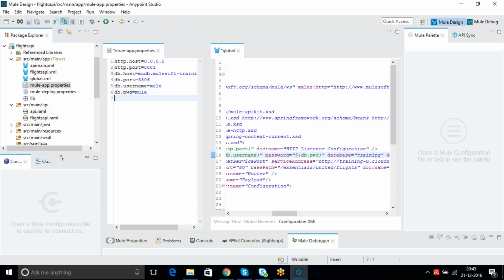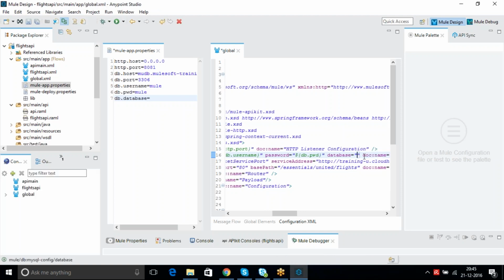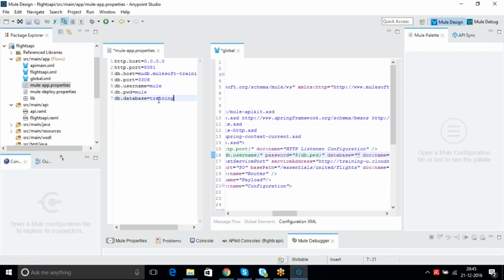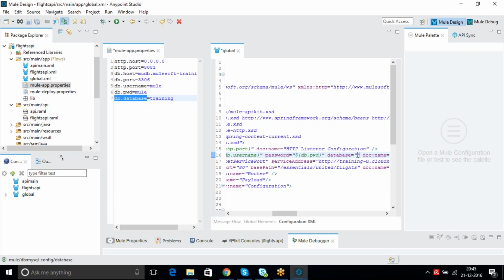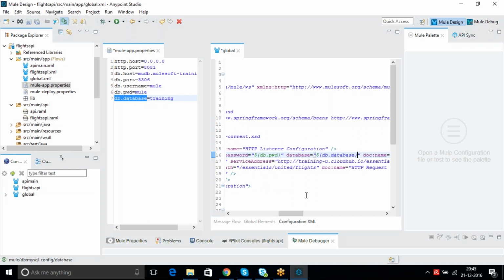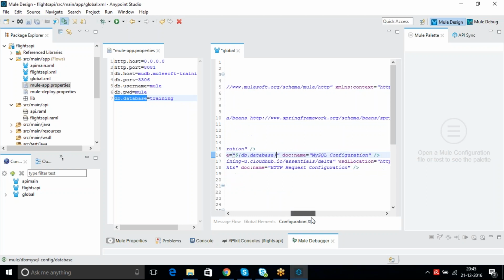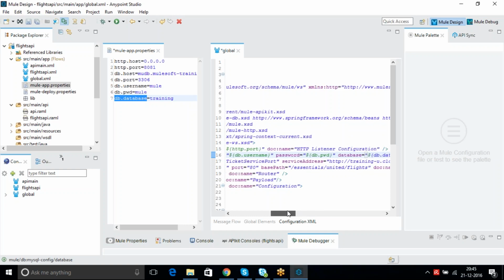We can keep it in properties file. db dot database is equal to, Control X, Control V. Okay, and what else we can give? Any other in the SQL configuration? I think that's it, right?